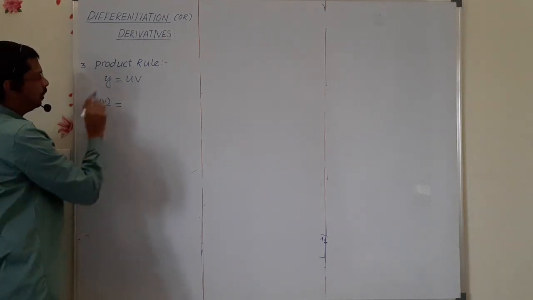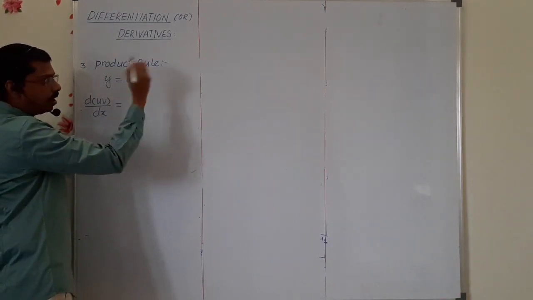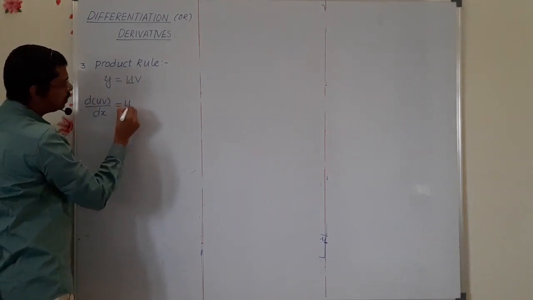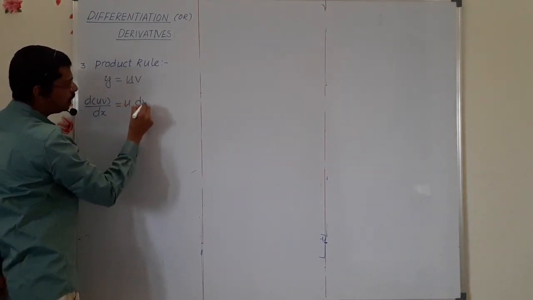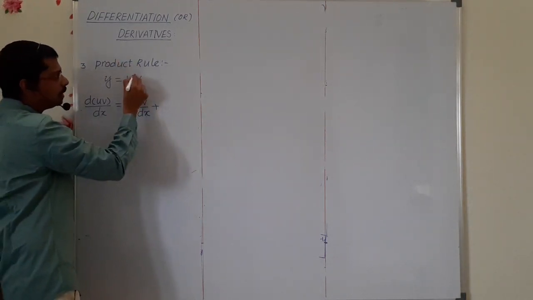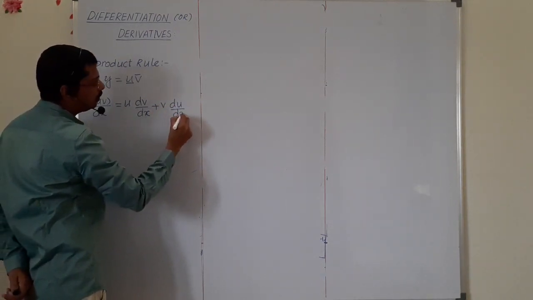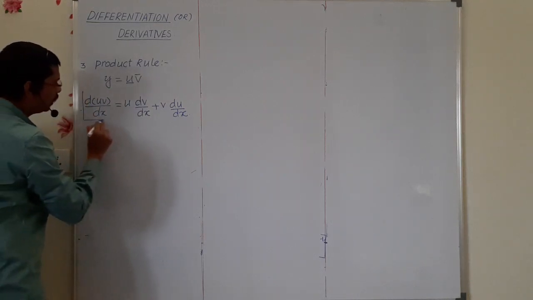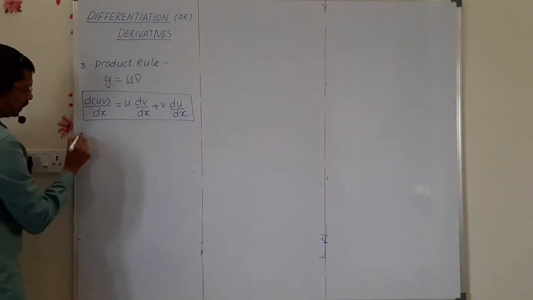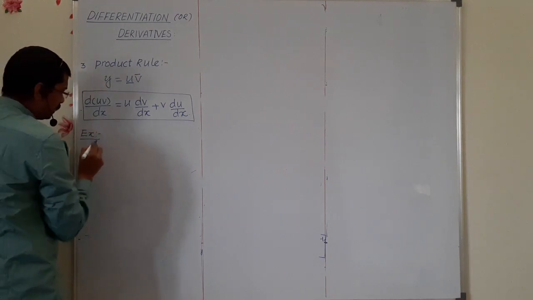First of all, in these two, keep one as constant and differentiate the other, and afterwards alternately we have to write like that. First I am keeping u constant, and v should be differentiated: u dv upon dx, plus alternately, v is constant and du upon dx. This is the formula of the product rule. In this product rule, shall we solve two or three sums?